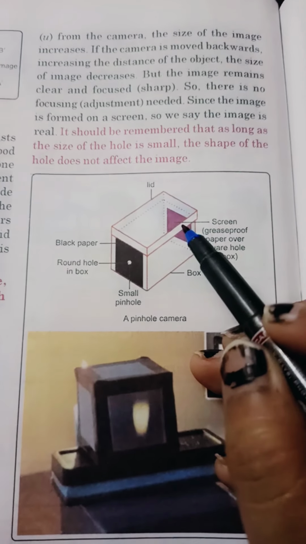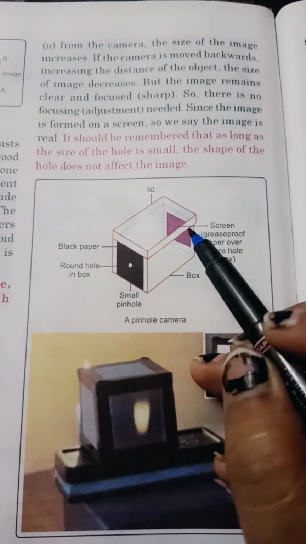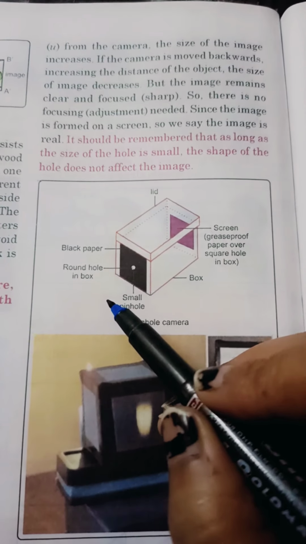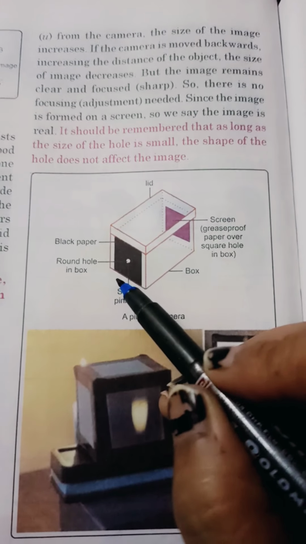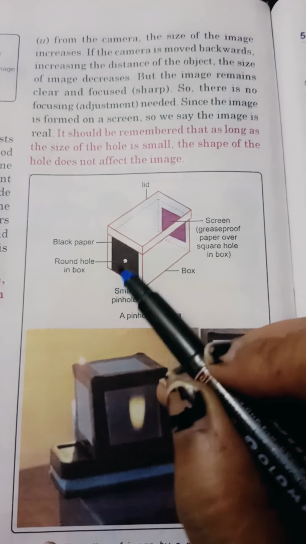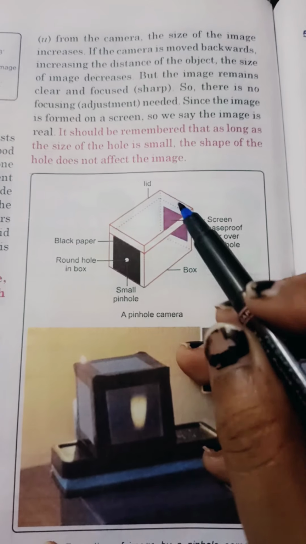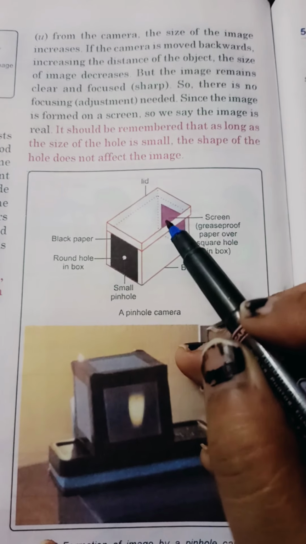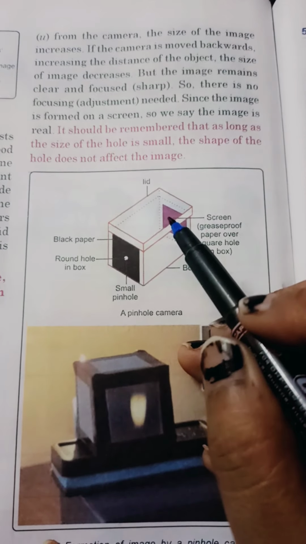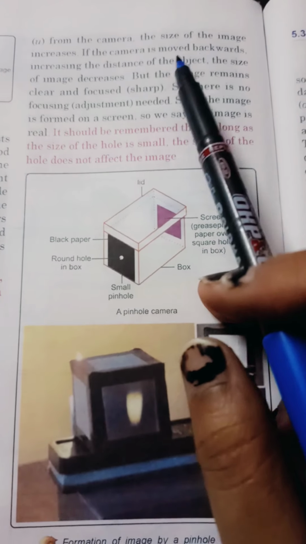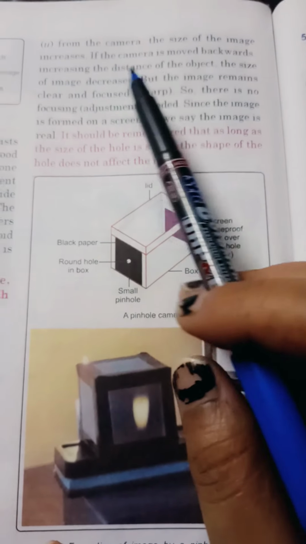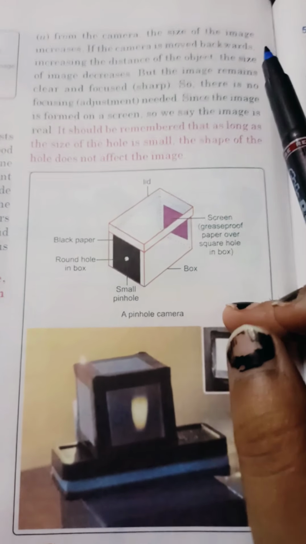But the size of the image would be a bit small. Then we will bring that candle closer. Let us keep it here now. So the size of the image of the candle formed here will increase. And if the camera is moved backwards, increasing the distance of the object, the size of